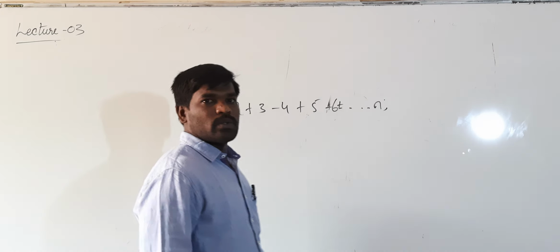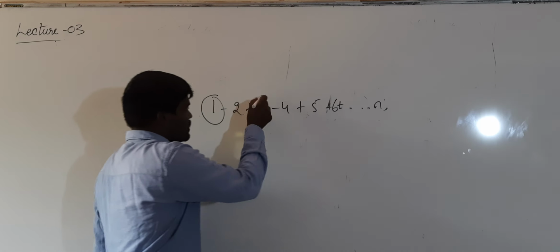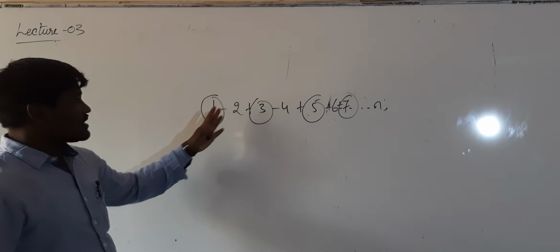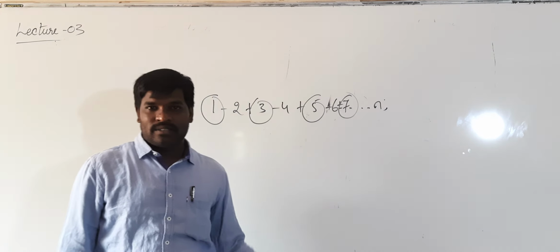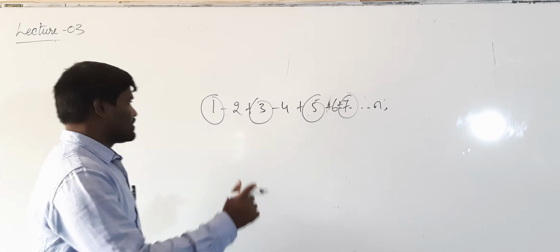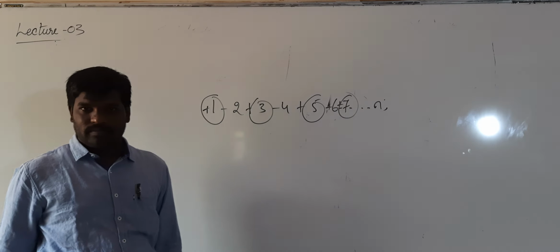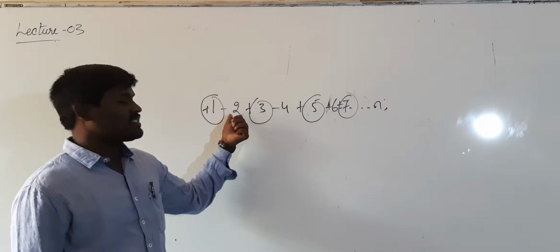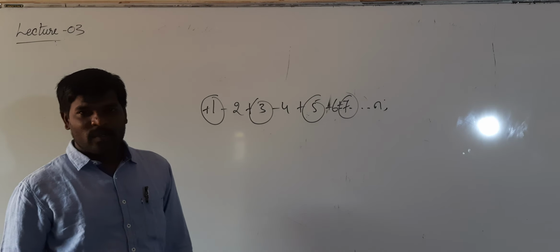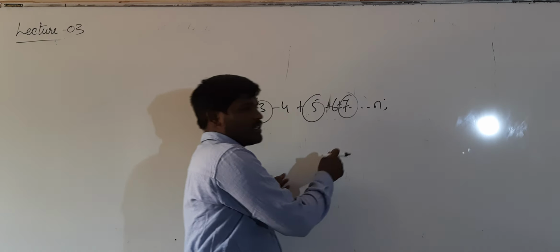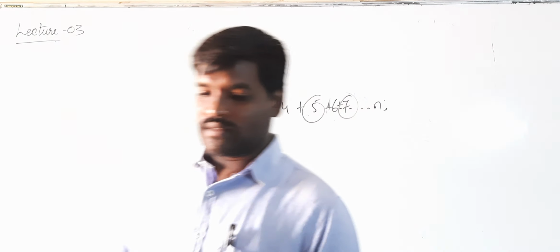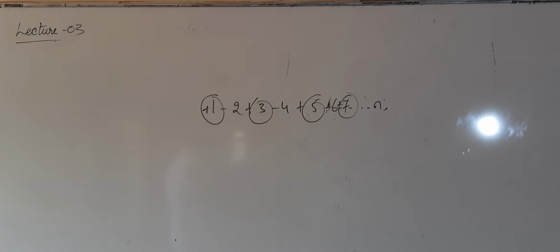One thing we have to remember is: see here, 1, 3, 5 and next is 7. 1, 3, 5, 7 and the next number is 9. These numbers are odd numbers and they have positive sign. And here 2, 4, 6, 8 are the even numbers and they have negative sign. Sum of series means in one variable we will add all the values and you can find out the sum.